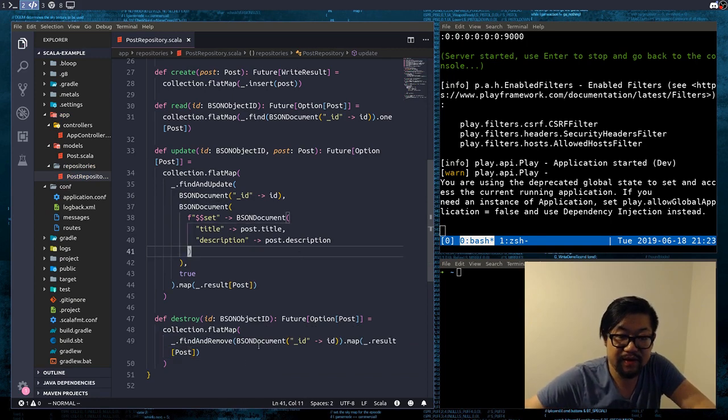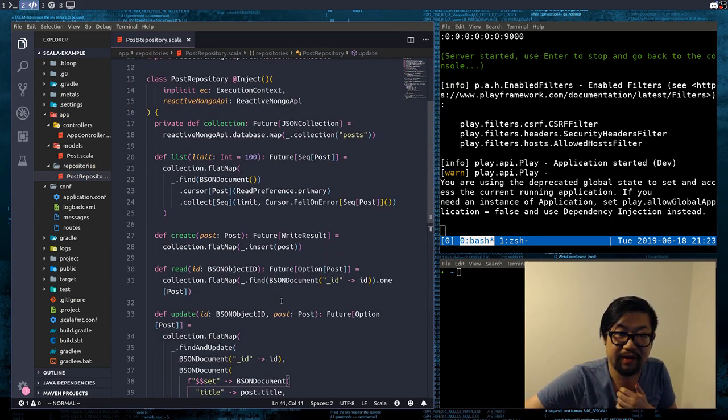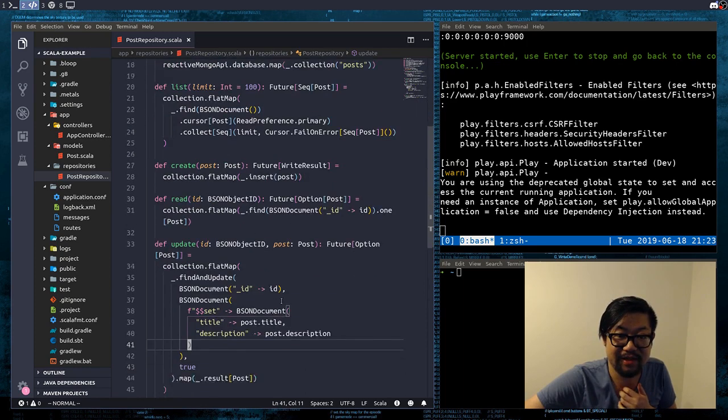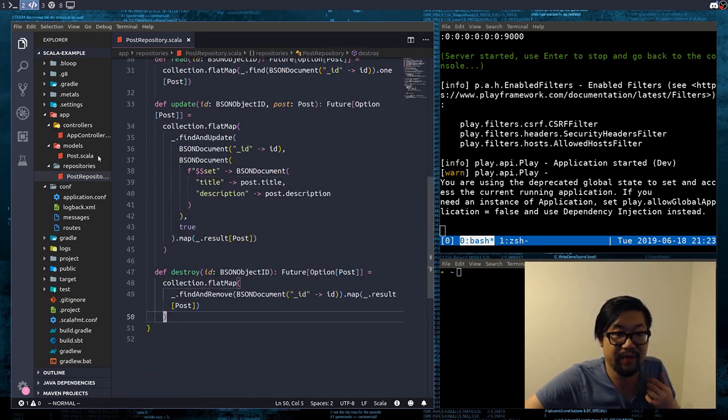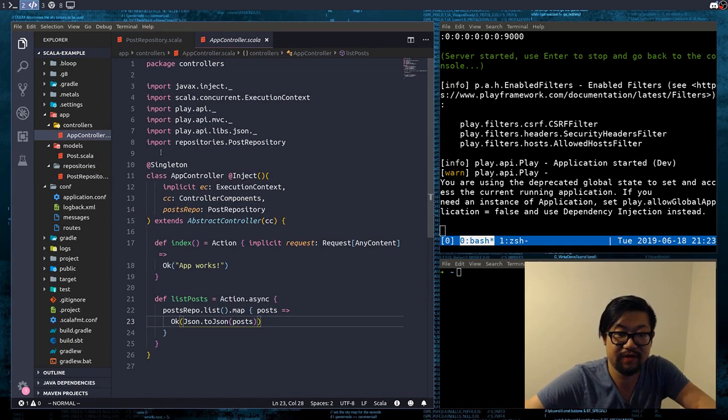Alright, so that is our CRUD operations in our repository, and our post repository is now complete. Now all we have to do is make a controller for everything, and I'm actually going to have a different controller